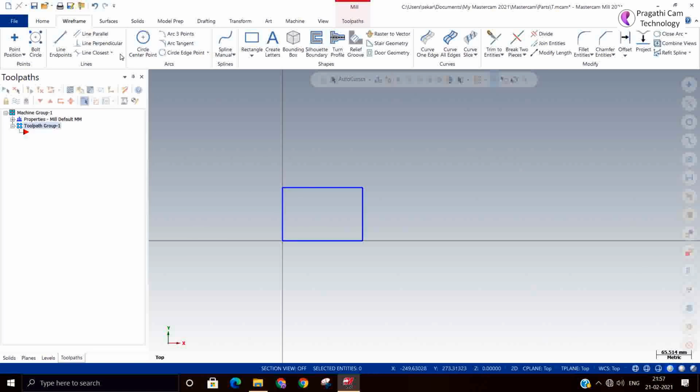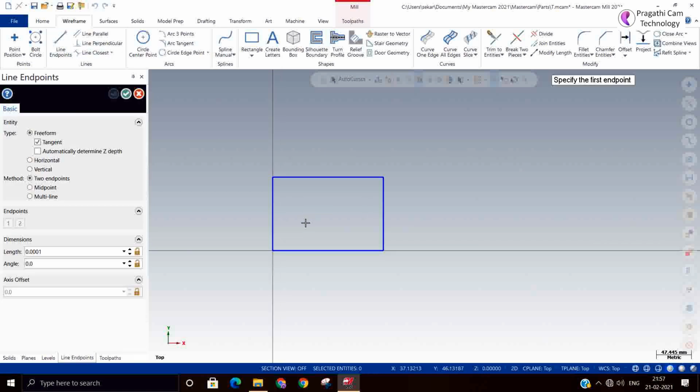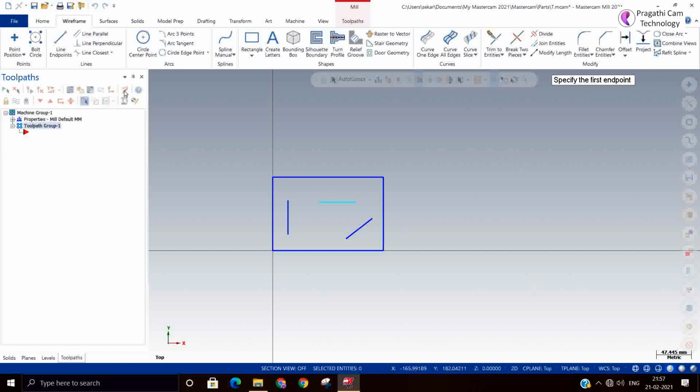Okay. I will make one line and one more line I will make it. So I made three slot here.